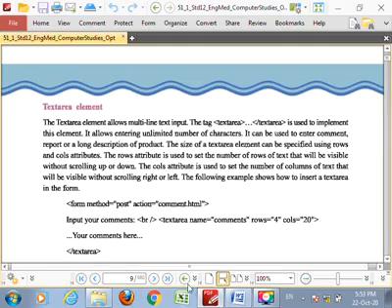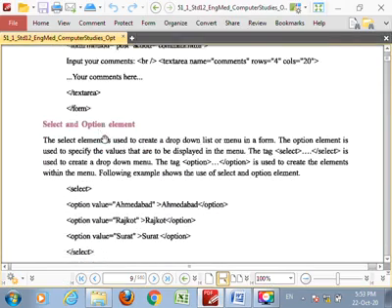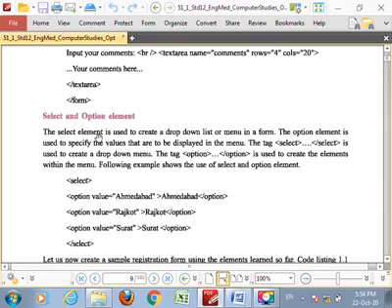Here, as per your textbook, we see the select element is used to create a drop-down list or menu in a form. To create a drop-down list, I use the select and slash select tag. Clear? I place a city option in our registration form, and the main goal of a drop-down list or drop-down menu is to save space on the form.